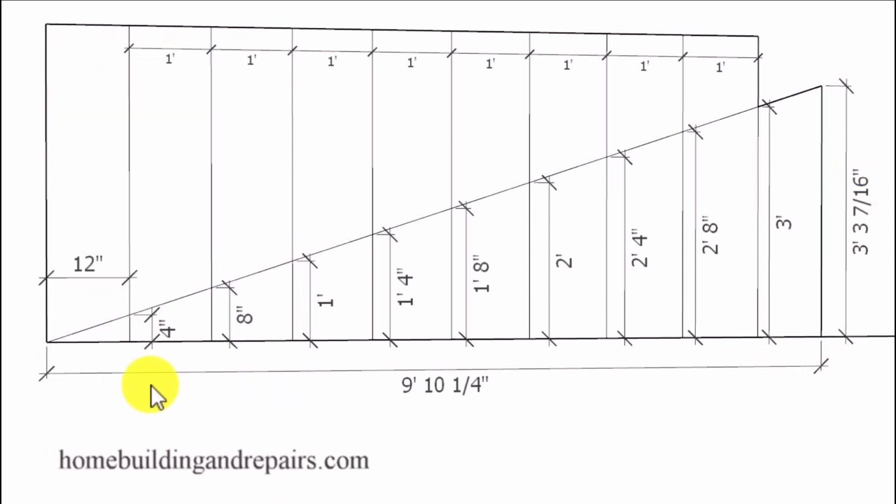And if you're working with a 5:12 roof pitch, you're going to use the 5. If you're working with a 7:12 roof pitch, you're going to use a 7. I would convert this to our decimal that would represent feet, and then multiply this number times 7 for a 7:12 roof pitch to get the difference between the top plate, top of the wall framing, and the top of the